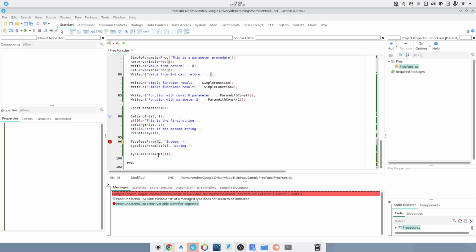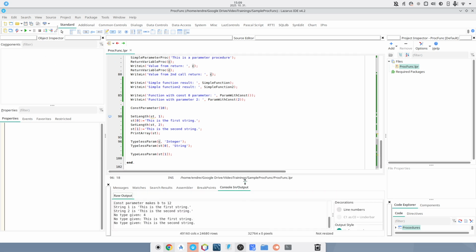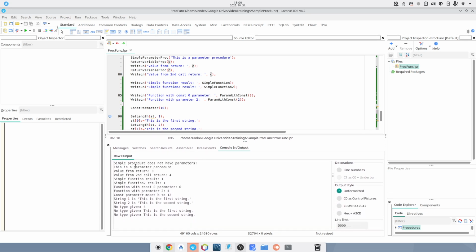I will show what happens in that case, because this procedure will handle the parameter as a string and try to write the string based on the pointer the procedure received. So running the application and checking the output, you can see that the simple procedure call was just